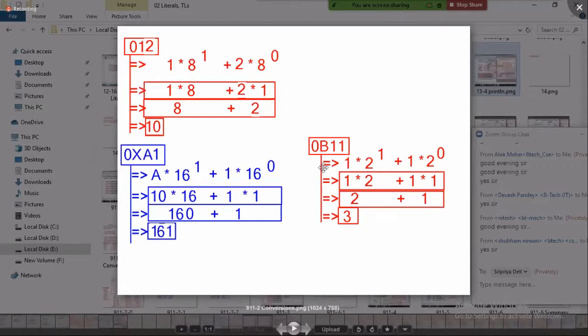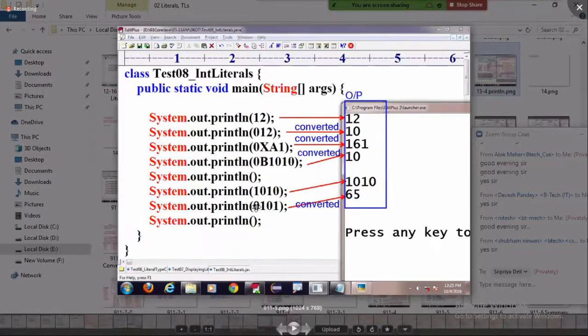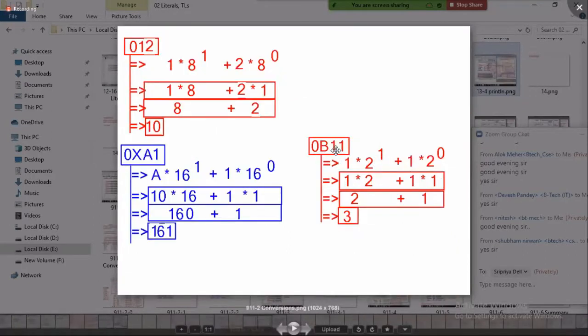Okay? Then tell me, how can I convert the binary number 0b1010 to 10? For understanding, I'm taking 0b11. How is 11 converted? 0b is what? Binary.